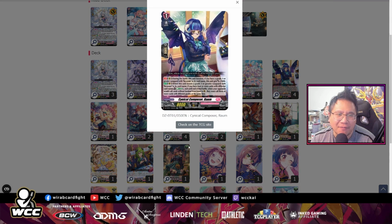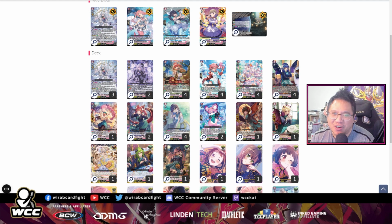The key card you have is ROM. This will make your opponent have to guard with 3 cards if they don't PG. And that can be pretty rough. You can kind of scam wins with this card. But then if your opponent draws all the PGs, then you just don't have a game. You're not doing anything. I do recommend you, even if your opponent guards and PGs, don't try to damage lock them. Just push, because if you're going all in on this and they have it, you still kind of lose anyway,